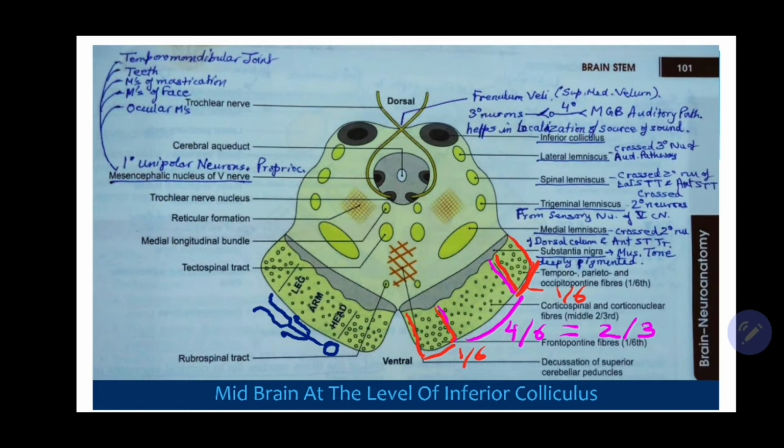So the third order neurons means from the superior olivary nucleus, the fibers of the auditory tract ascend up to the inferior colliculus. The third order sensory auditory neurons relay here. Got it? Then from here, the fourth order neurons will pass out through